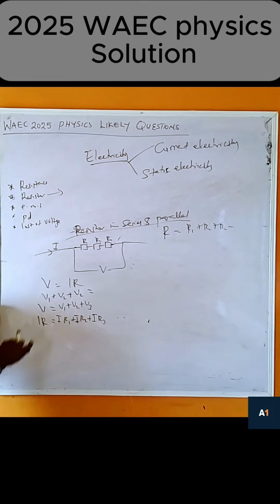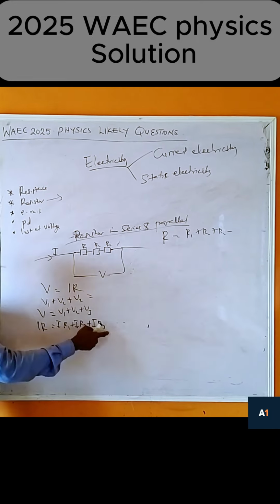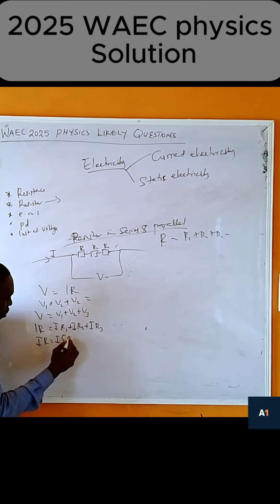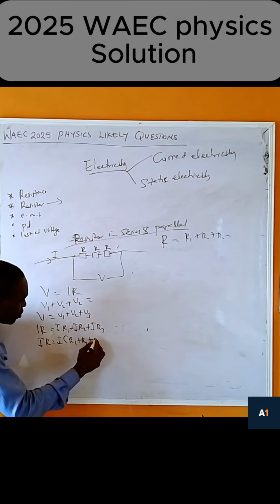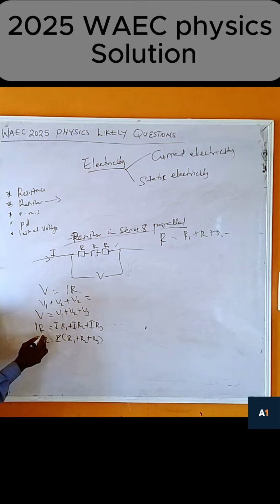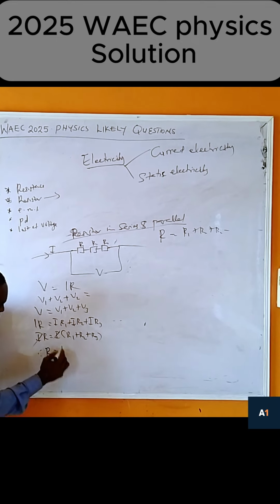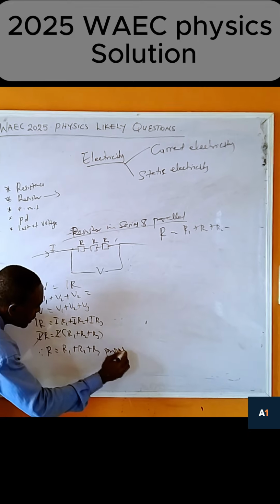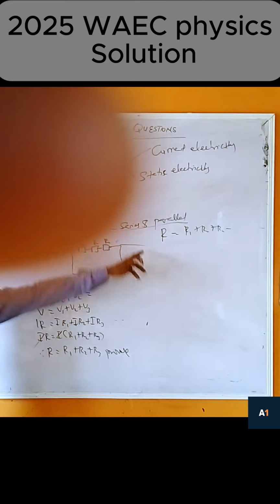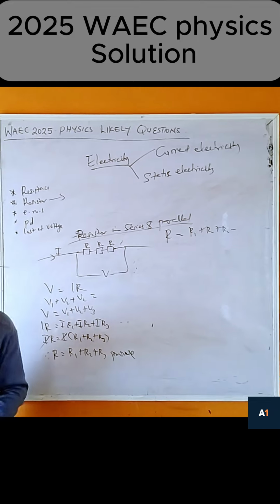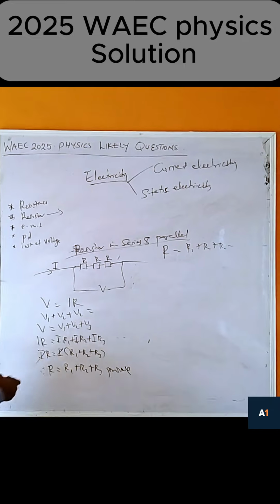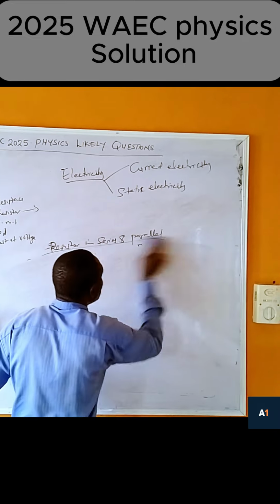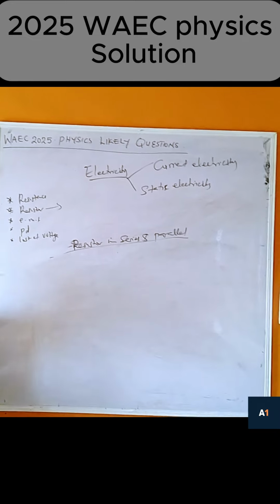So addition. Now, if you look at this, what is common here? I is common here. I is also common here. So IR equals I bracket R1 plus R2 plus R3. So this I cancels this I. Therefore, our R will now be equal to R1 plus R2 plus R3. Proved. So this is how you prove this one. Now I will give one question to apply it offhand. You can download it because I can't wait, because of time. It is measured in ohms, the value of resistance.